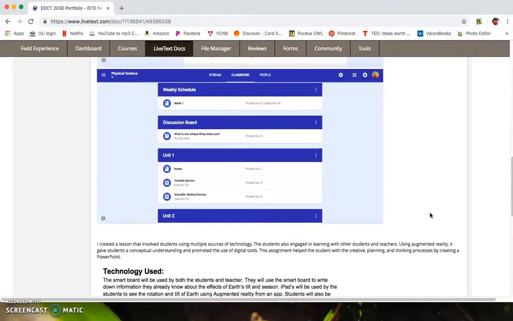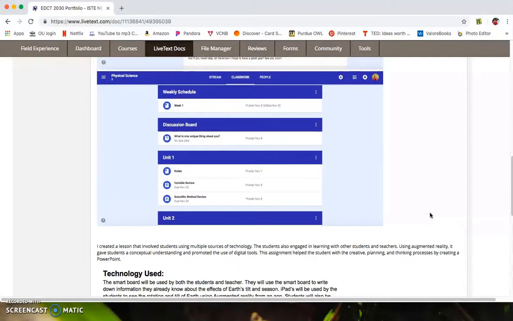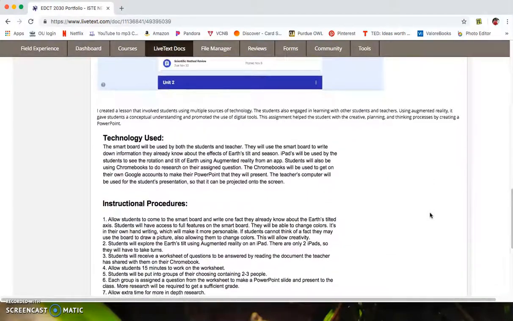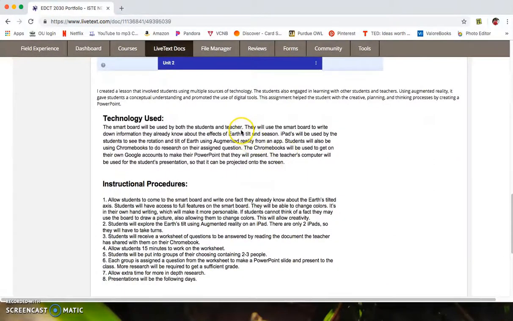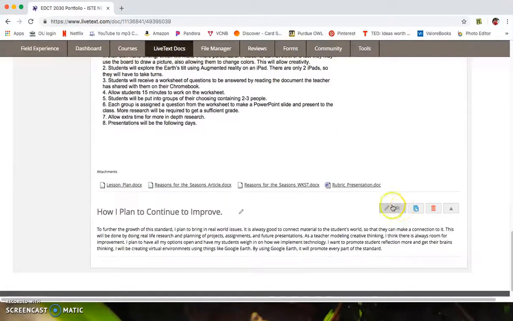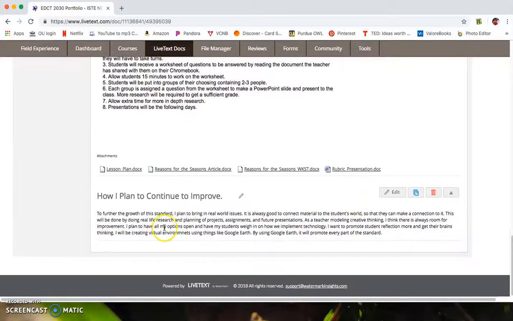So my credentials were to provide at least 2, but probably 3 or 4. For this one I have 2 because I also created a lesson plan, so I have another little description and then a couple screenshots, but then I attached my lesson plan and everything that went with it at the bottom. The last section for the standard is on how I plan to continue this, so you just need to explain,